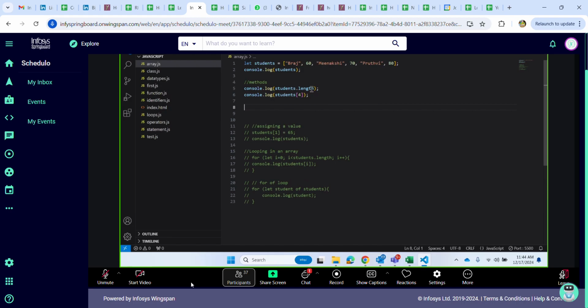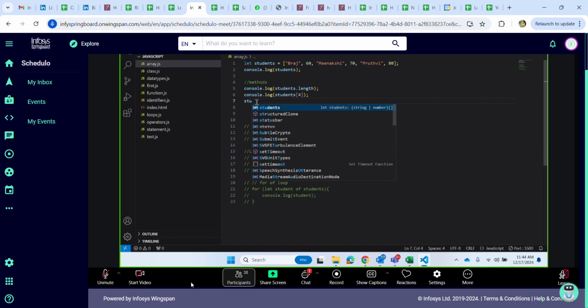Now this is about changing the value. First was length, changing the value. Now what if I want to add some value? For adding a value we have something called push, and for deleting a value we have pop. So how to use that? Student